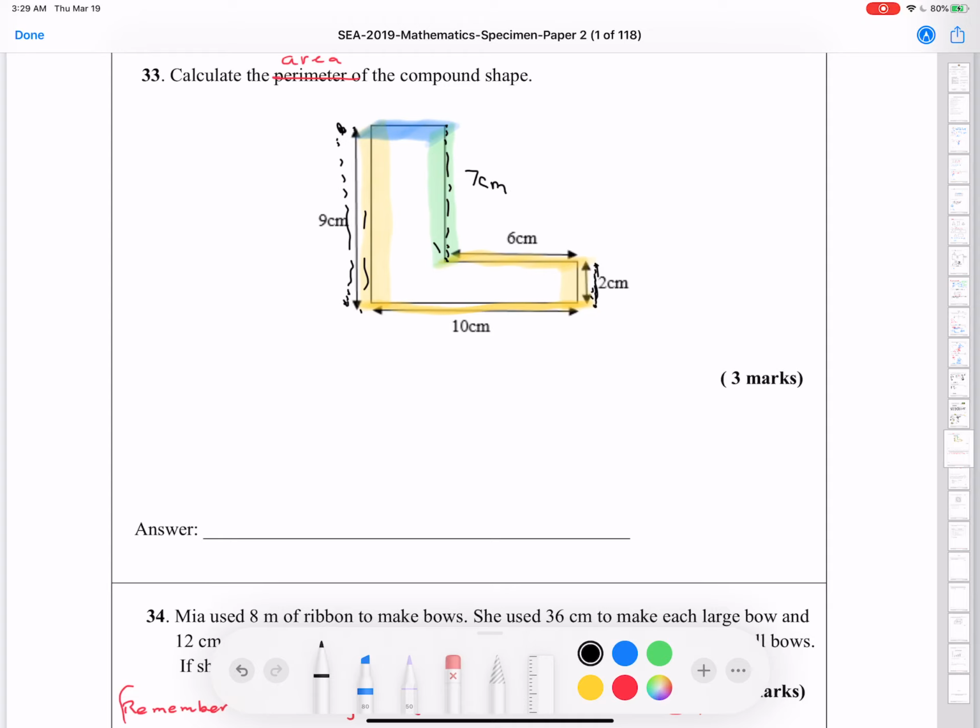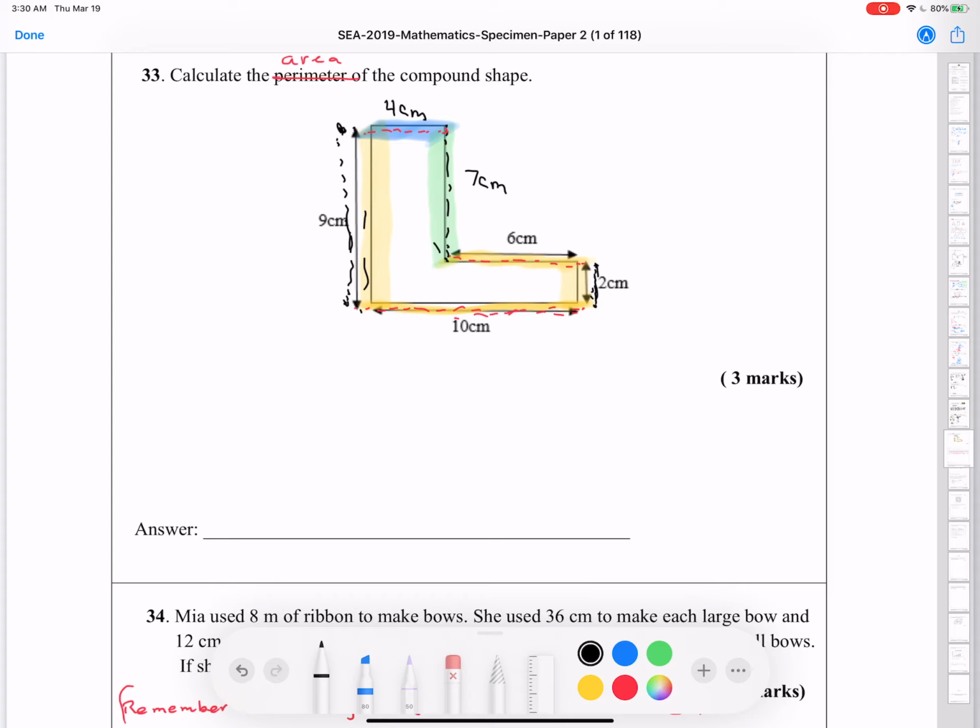Alright, remember I always say vertical lines will help you to find out the length of vertical lines you don't know. Horizontal lines will help you to find out the length of horizontal lines that you don't know. Right. So let me use another color to ensure you can see. This line is 10 centimeters. It's horizontal. This line is 6 centimeters. So this blue unknown here will be the difference between that 10 and 6, which is 4 centimeters. So I'm going to write in 4